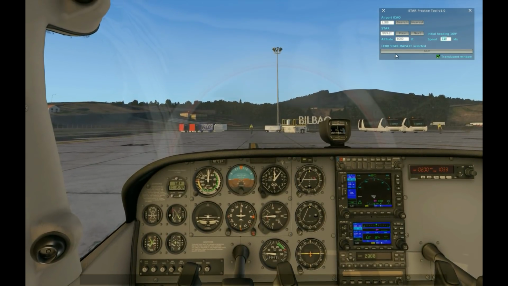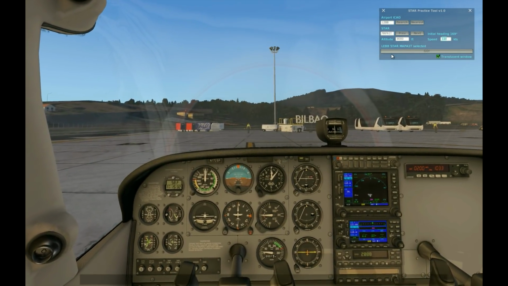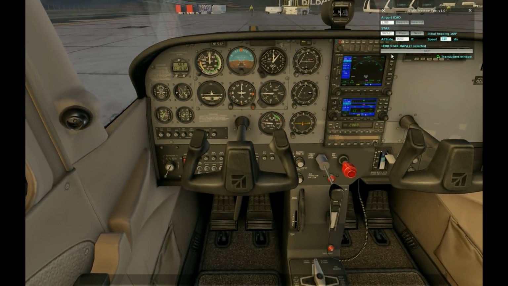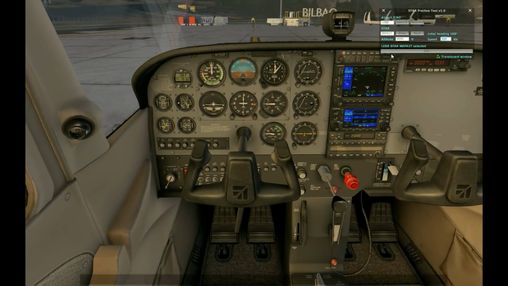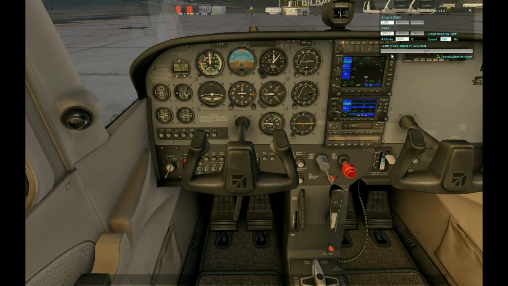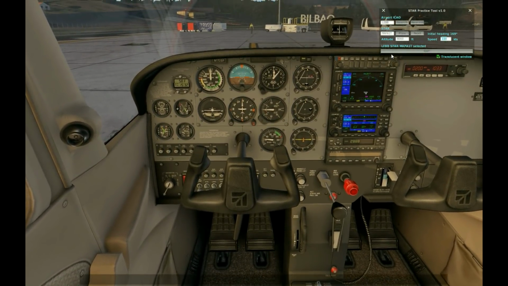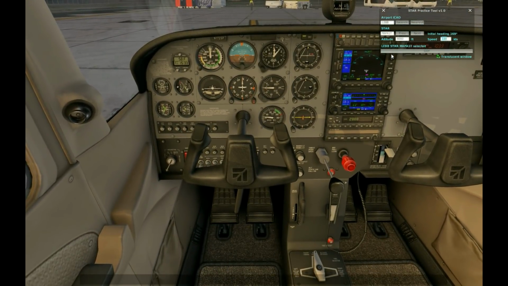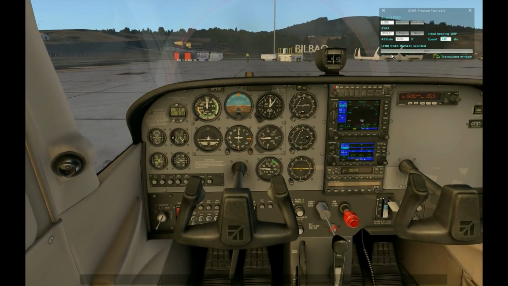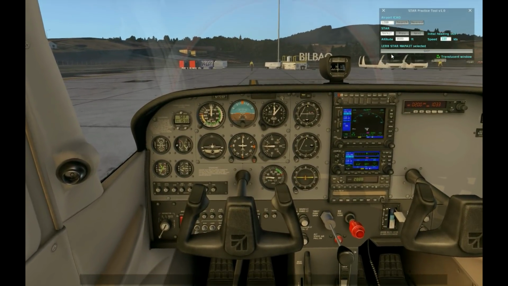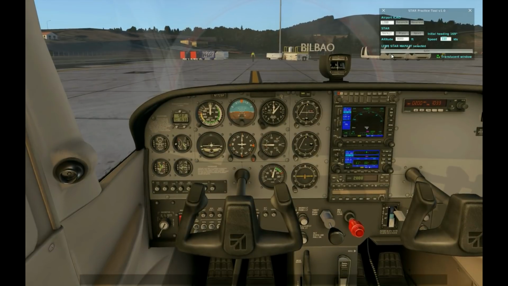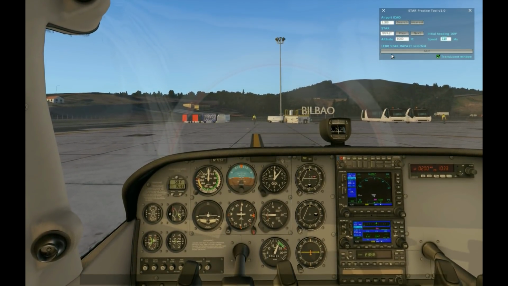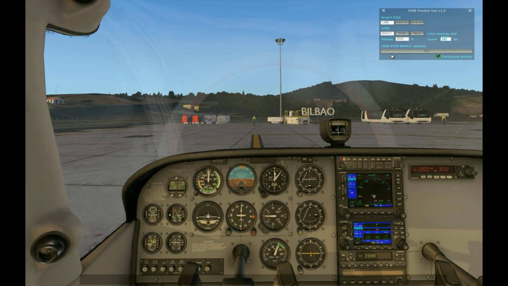Okay, so before clicking go, we will make sure that we have the aircraft ready. The first thing is the trim. It should be close to neutral position or takeoff position, but actually a bit more nose down because we will be flying a bit faster than during the takeoff. So this will help with stabilizing the flight. And the same thing with the engine. If you have the actual throttle that you will be using during the flight, that will help to smooth things up. So let's click go.